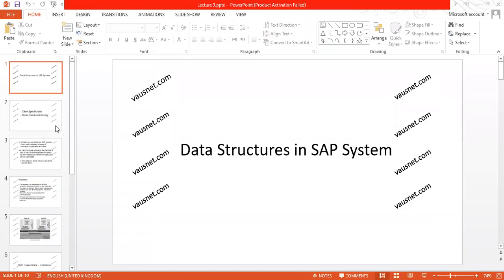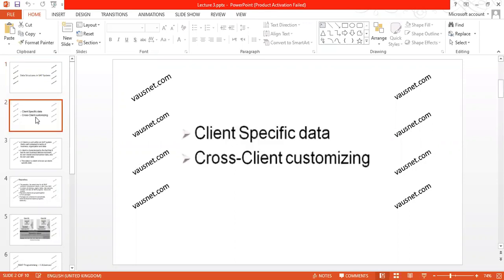Our data structures in SAP. Okay, in SAP, there is client-specific data and cross-client customizing. Now, what is the difference between the two? The difference is quite apparent, and that is, for example, if I go to SE11,